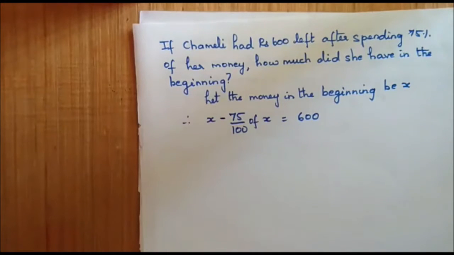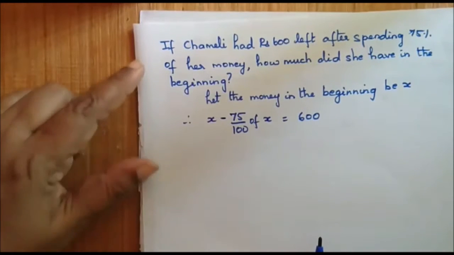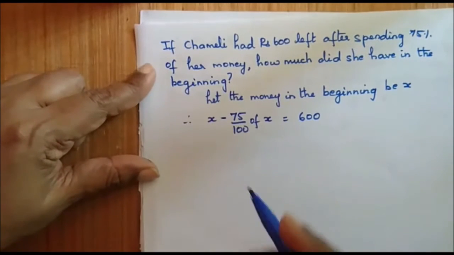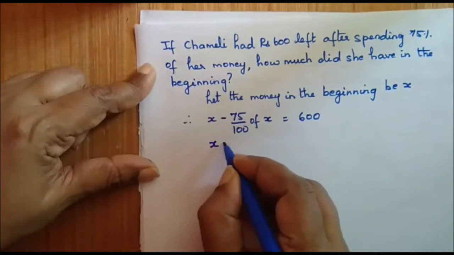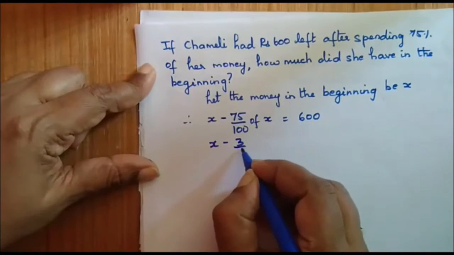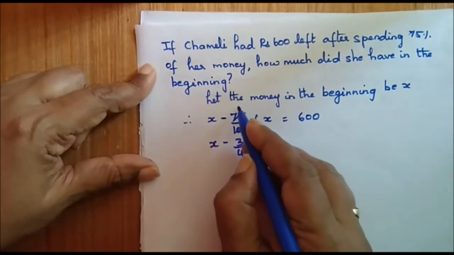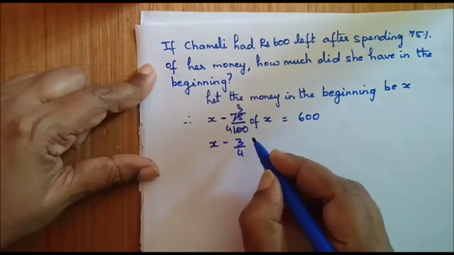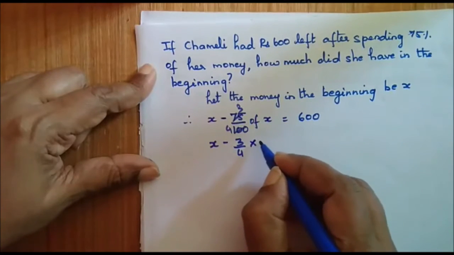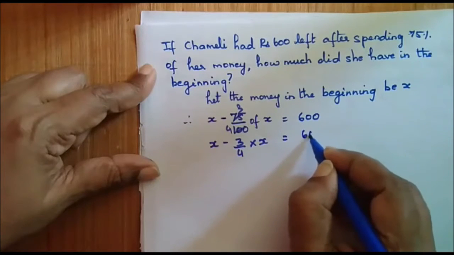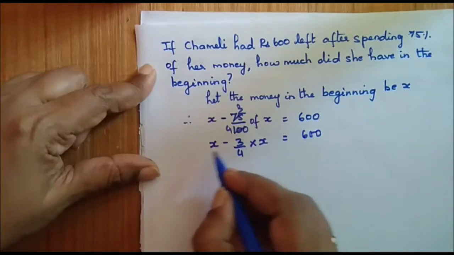See, you have 600 rupees left after spending 75%. So let that money be X. So X minus 75% of X is rupees 600. Okay. So X minus 3 by 4 of X equals 600, which is nothing but I can take my X